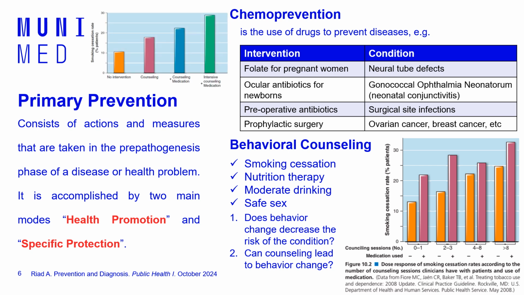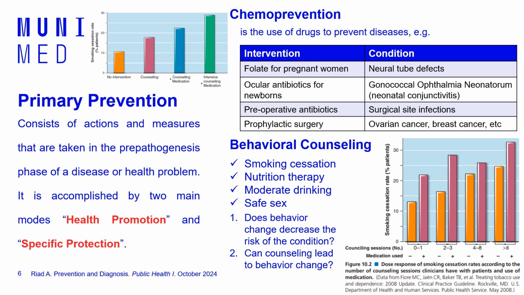The same also in this graph, where you can see four groups. The first group had no counseling from their doctors, the second group had counseling, like their doctors spent some time with them, and the third group had counseling and also medication recommended by the doctors. In the fourth group, we have the highest rate of smoking cessation. This is the group that received intensive counseling, like more hours of discussion, and also medication.